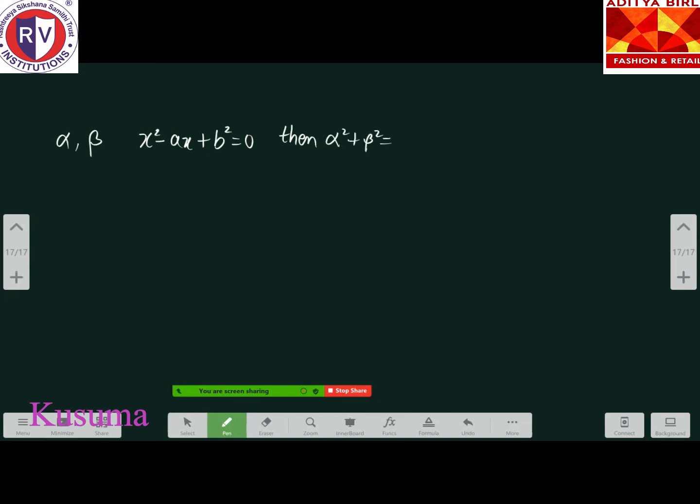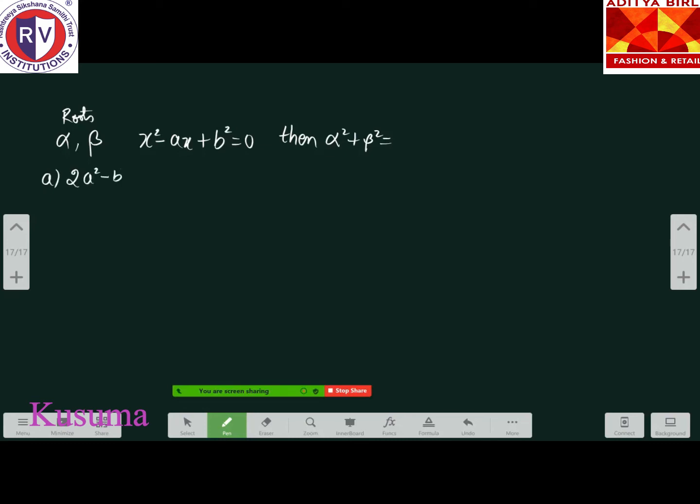So alpha and beta are given to be the roots of the quadratic equation x square minus ax plus b square is equal to 0. Then we have to find out the value of alpha square plus beta square. The options are